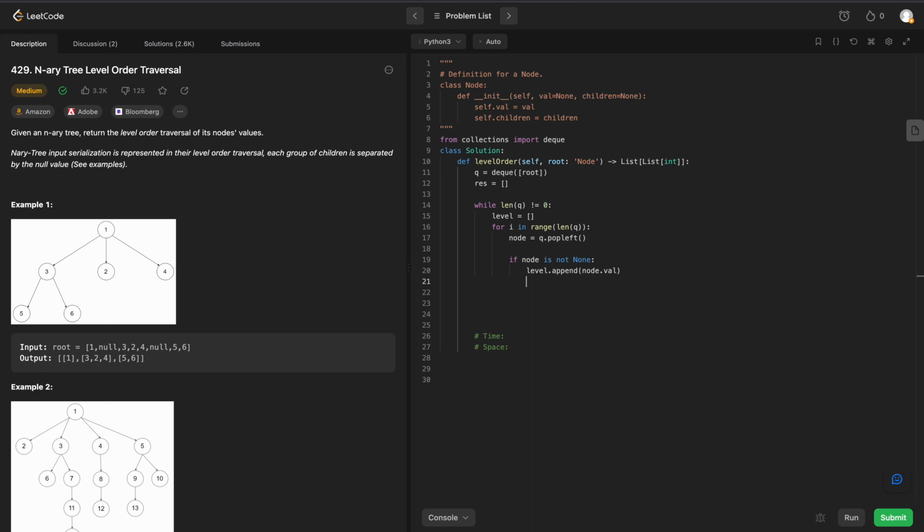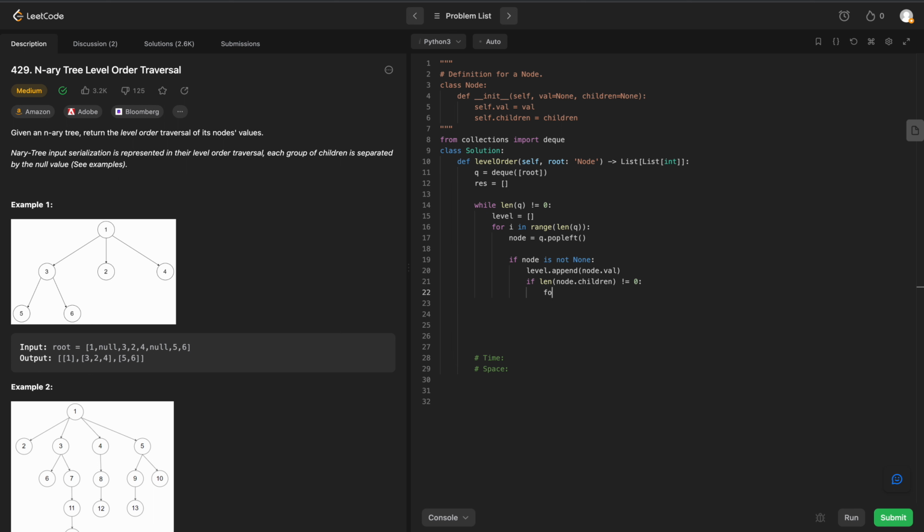Well, to make it more readable, we'll say if the length of node.children is not equal to 0, meaning we do have children, what will we do? Well, all we have to do is loop through this array and